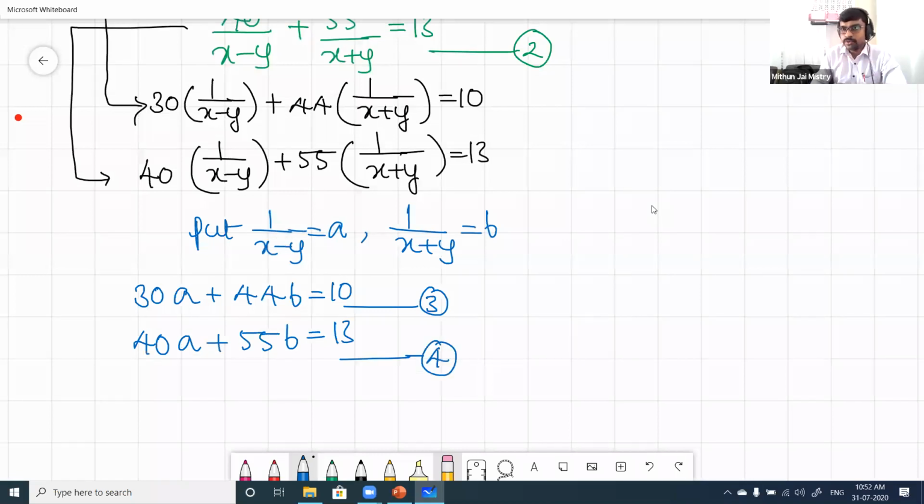So people, those who are genius, please start solving this. I will be solving. In the meanwhile, you can also solve, right? And text me the answer of x and y, not a and b. So here, children, what I'm doing is I'm going to eliminate A first. So for that, I need to make the coefficient the same. So 30, 40, LCM will be 120, right? So what I can do, I can multiply equation 3 into 4 and equation 4 into 3. So 30 into 4, 120, 40 into